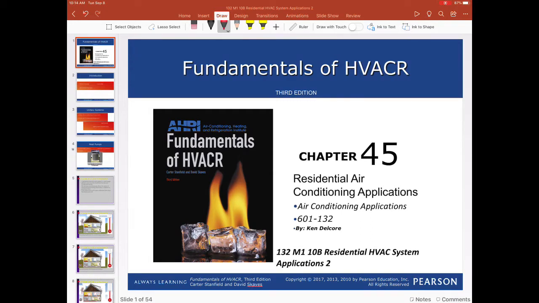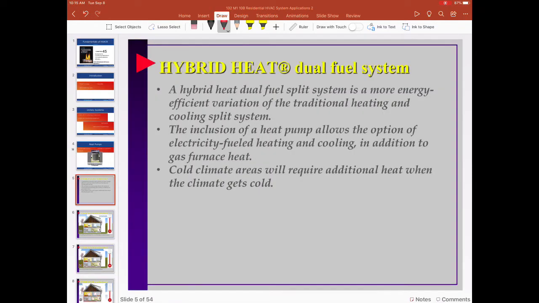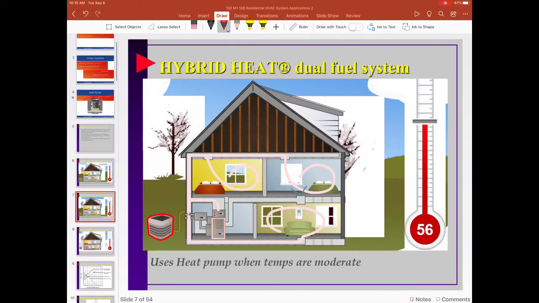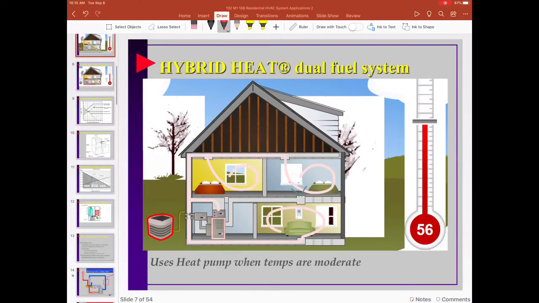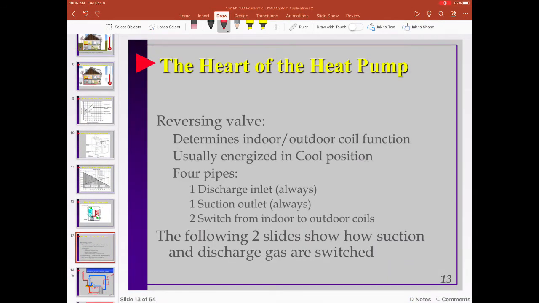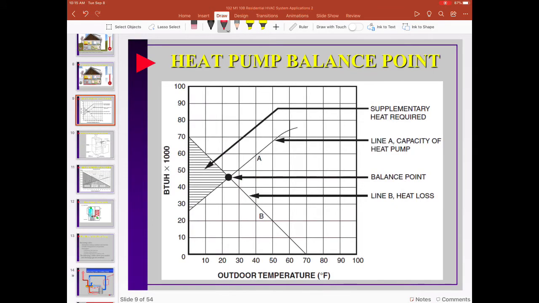All right, we're going to finish up this lecture on Chapter 45, Unit 45, and the second 132M110B, and we're going to finish where we had left off. So, in the previous class, we had talked a little bit about balance point and capacity of the systems and kind